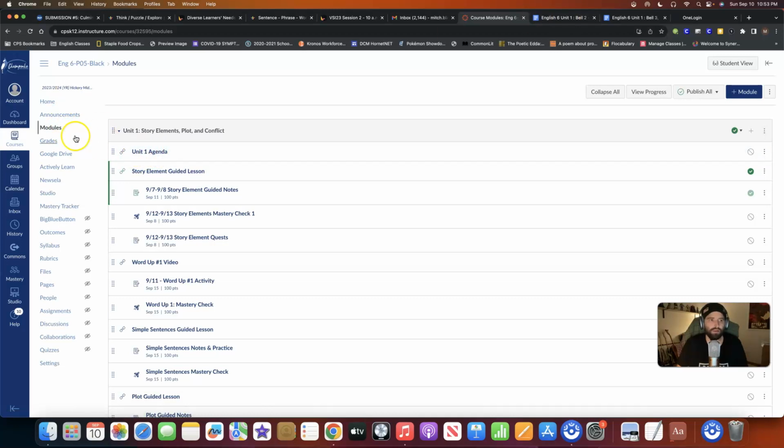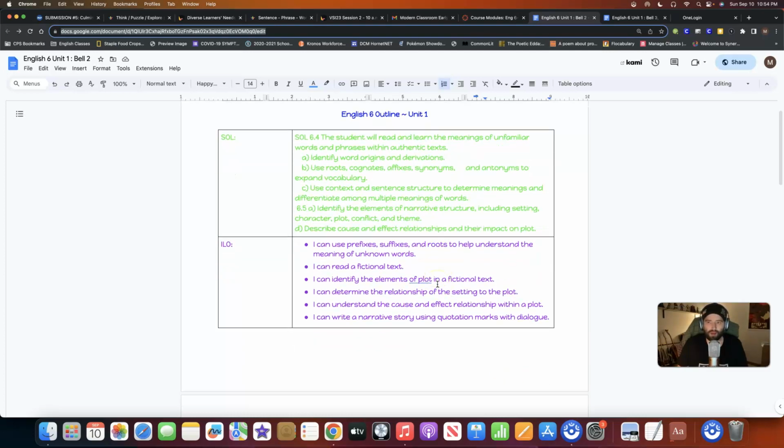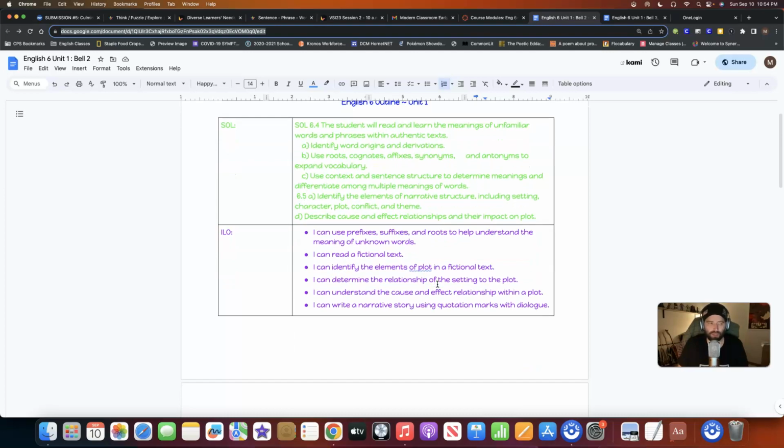And so then once you're in Unit 1, you'll see, just like Mrs. Wallace, we're trying to make this uniform. You have your SOLs, and you have your intended learning outcomes. And so it just tells you what we're going to be learning in that unit. And so with English, the only difference between this and math is there's going to be a lot of different skills that might not seem like they connect at times. So right now we're going to be working on a grammar skill, a reading skill, a vocabulary skill, and a writing skill. So it seems like a lot more than it is, but we space it out so it hopefully